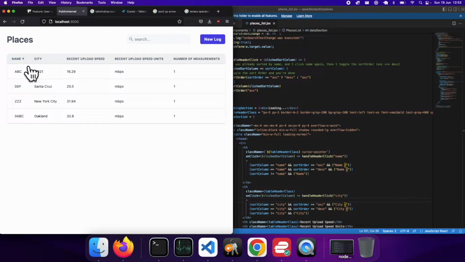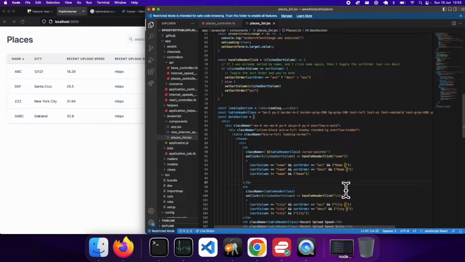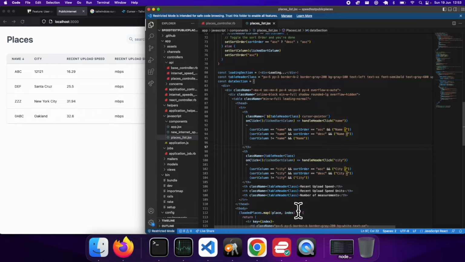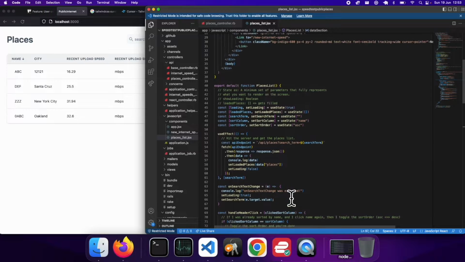Now the visual effect is working, right? You click name, you click it again, it's going to toggle. You click a different column, it's going to switch to that column, and you can click that same one, it's going to toggle the ascending or descending order of the sort. Okay, great. So now that we have the visuals working, let's figure out how to send the right